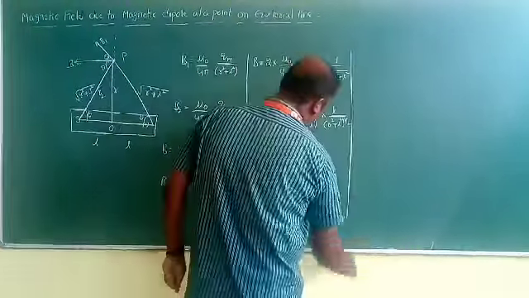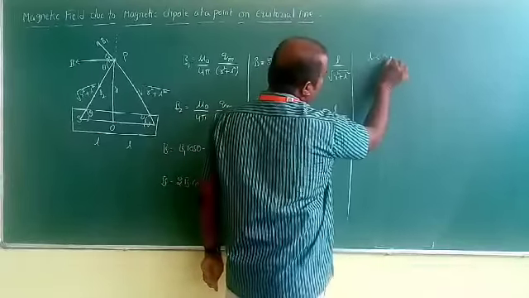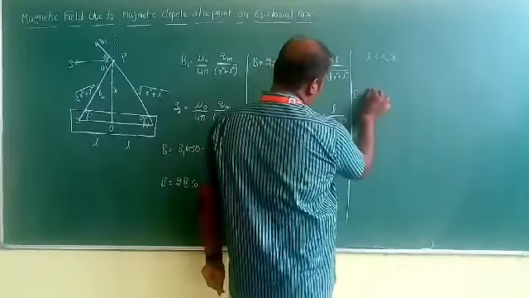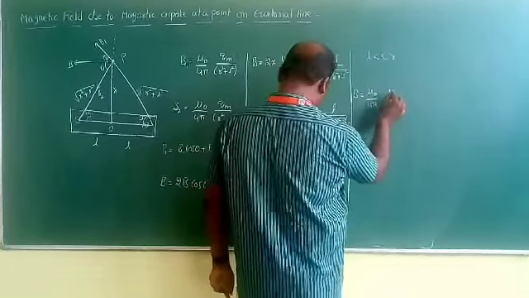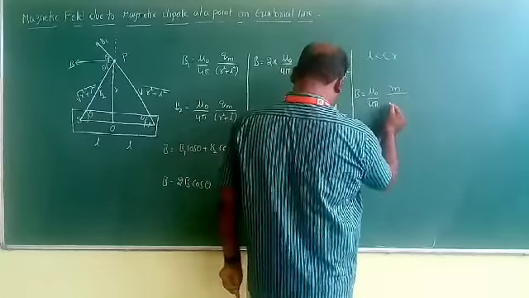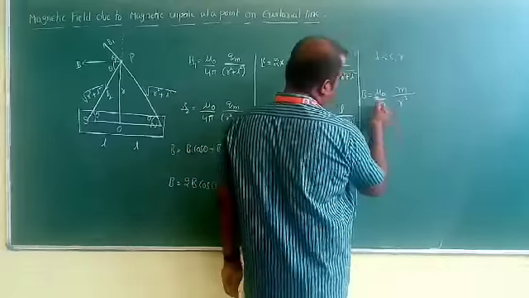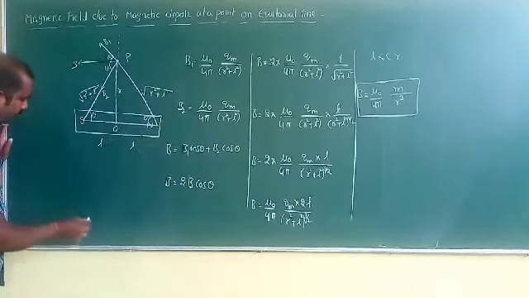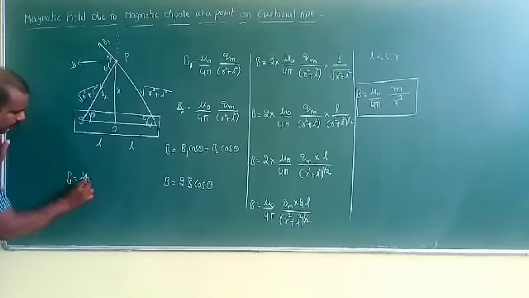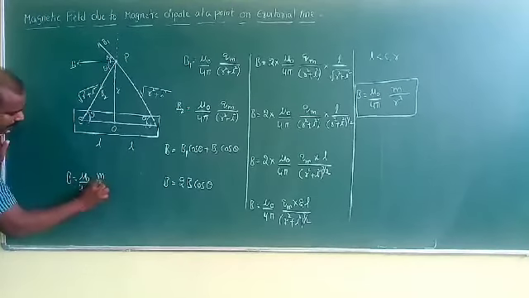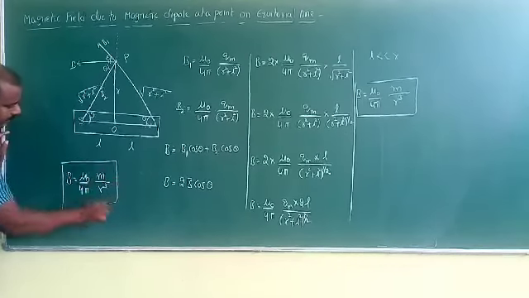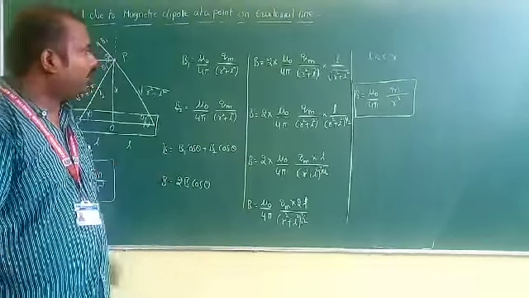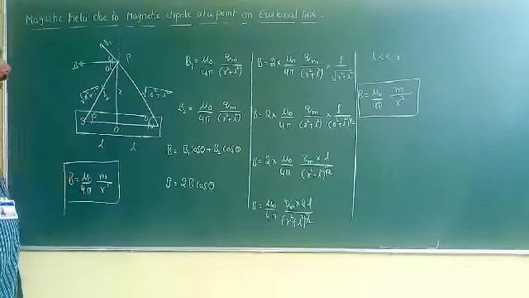In the same way as in the previous equation, if the length L is much less than R, then L can be neglected. Then finally I get B is equal to mu naught by 4 pi into m by R cube. This is the final expression. So once again, I am writing the final expression: B is equal to mu naught by 4 pi into m by R cube. In the case of the electric field, I get P by R cube, but here in magnetism, I get M by R cube. So once again, all of you see the derivation part and everything.